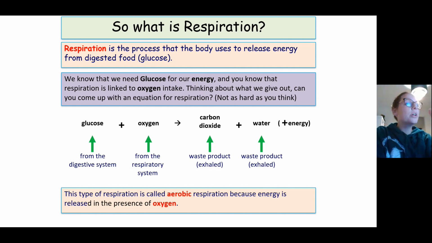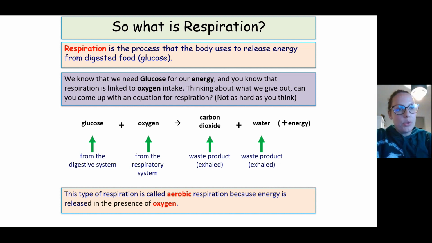Now, respiration is a chemical reaction. You need to know the word equation and the symbol equation. Essentially, what we use for respiration, the reactants, we get from food and we get from breathing. Aerobic respiration, which requires oxygen, requires glucose and oxygen, and it releases carbon dioxide, water, and releases